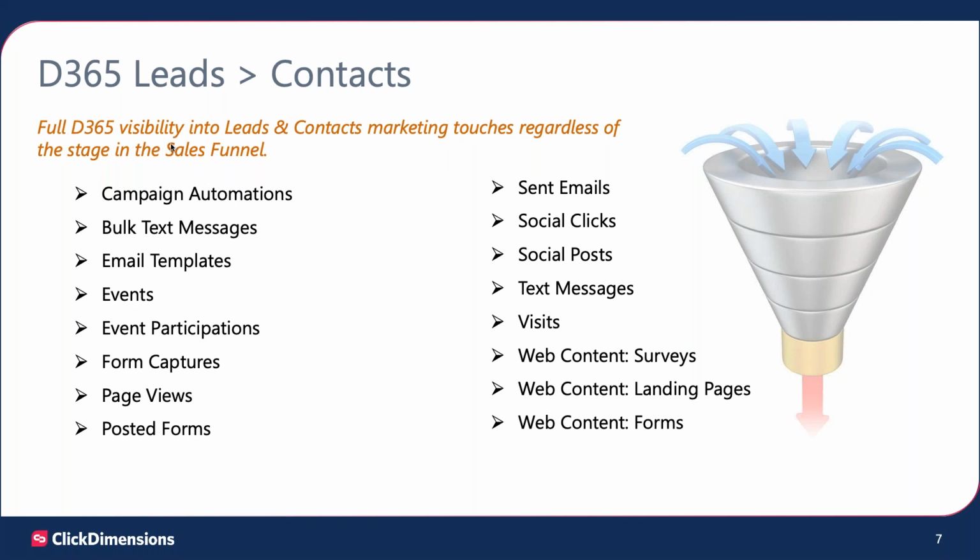however they're touching. If they're involved in any sort of campaign automations, maybe they're in a complex automation and they're going down positive paths, and there's wait timers. You're going to be able to see at a lead or contact level what individual leads and contacts are part of campaign automation, any that have received bulk text messages, even emails, events, event participation, form captures, page views, even posted forms,